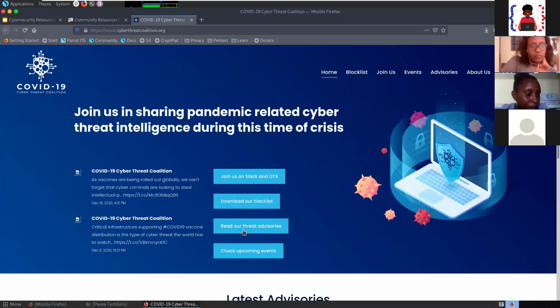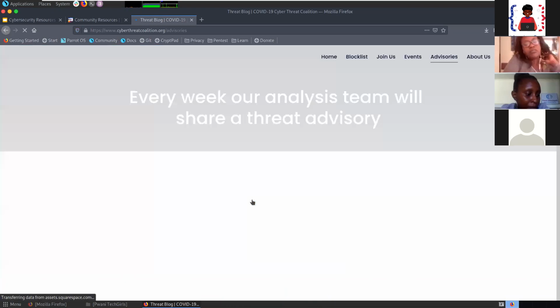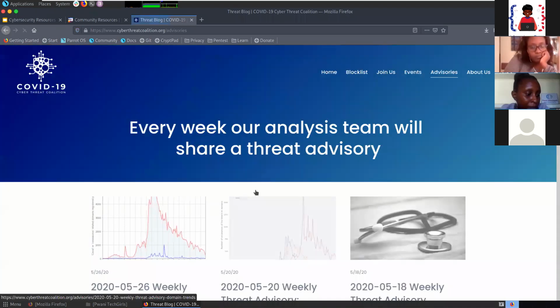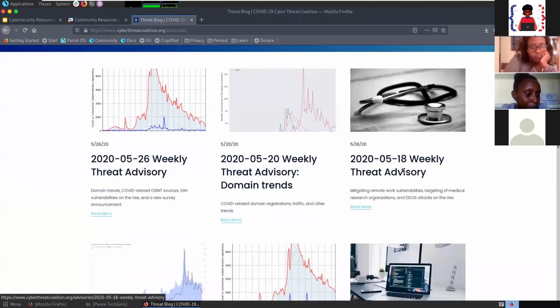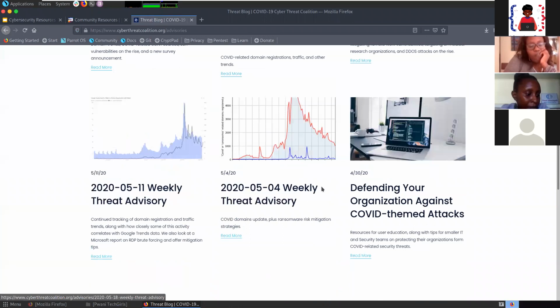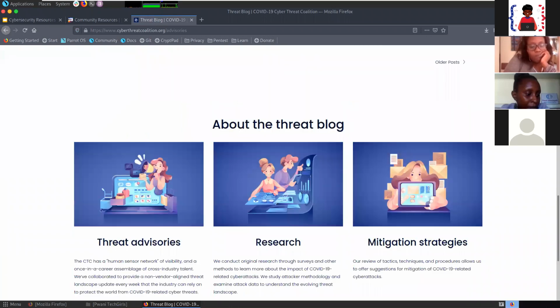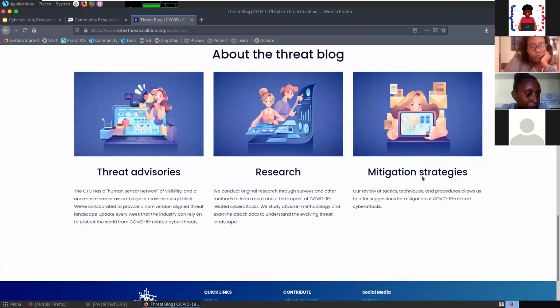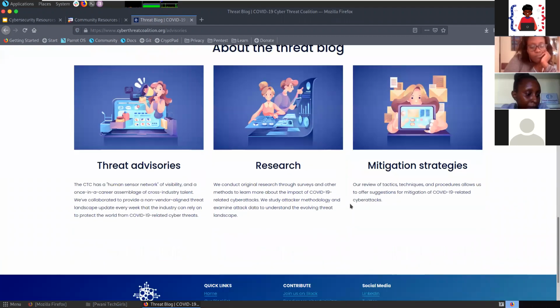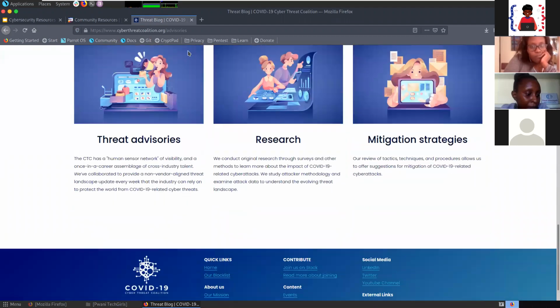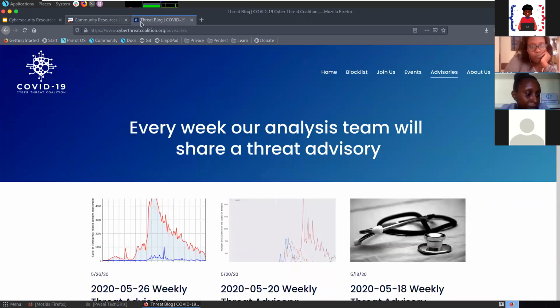Let's see if we want to read the threat advisory. They have a list, the weekly threat advisory, domain trends. All these are for free. They have the research and mitigation strategies and so many things. So that's just one way you can get resources